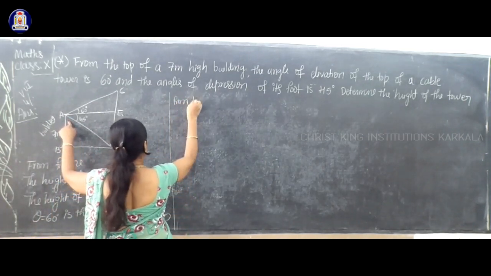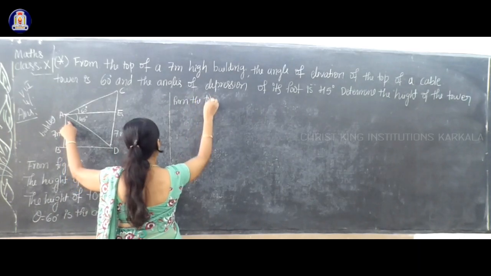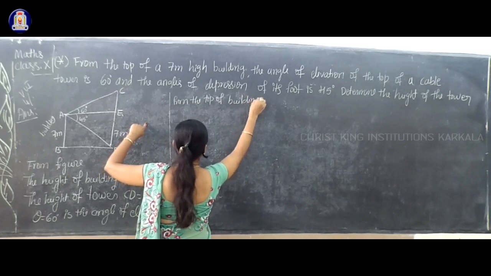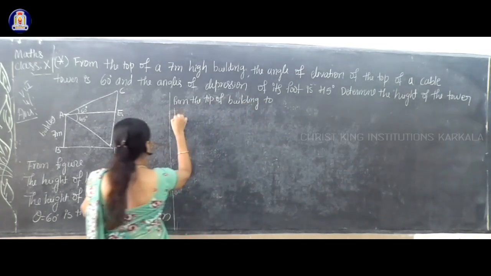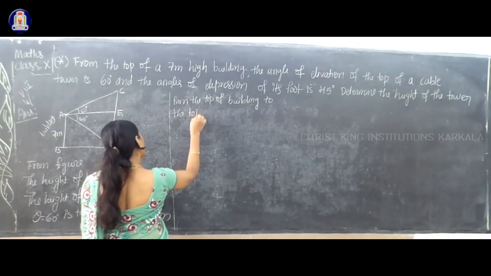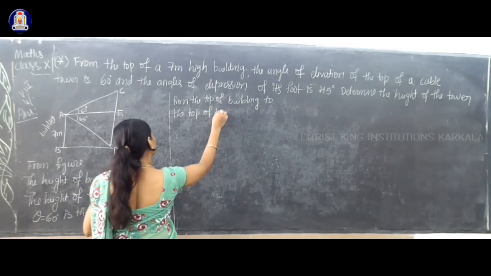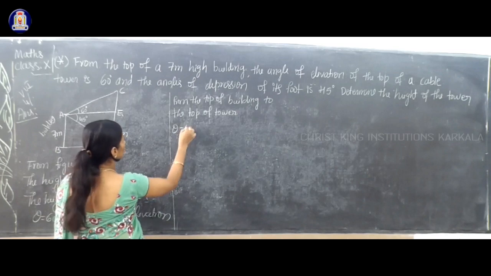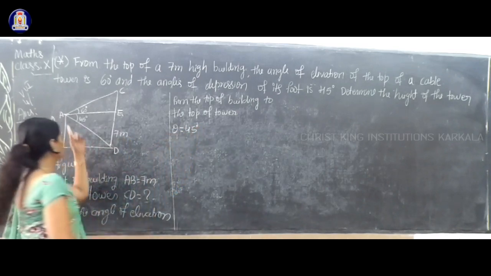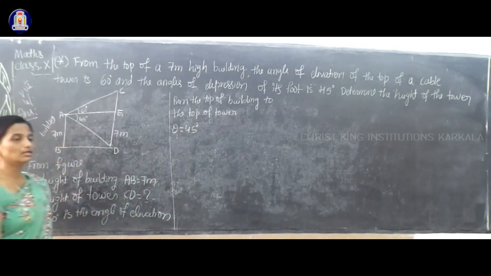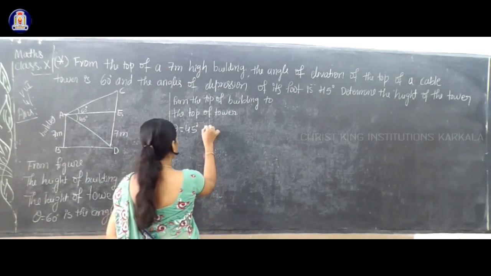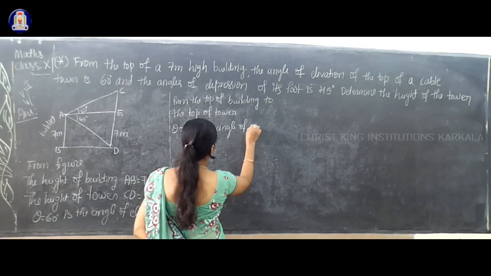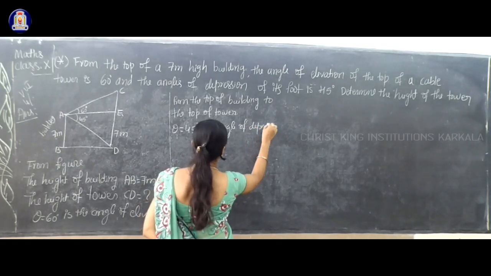from the top of the building to the top of the tower. Yes. The next theta is equal to 45 degrees. Theta is equal to 45 degree is what? Is the angle of depression